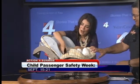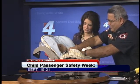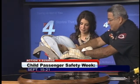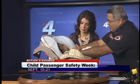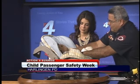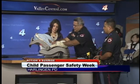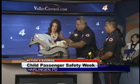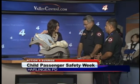Yeah. So then what do you do? You put the crotch clip in first, right here, and that way the straps are balanced and even from the sides as well. And then you're going to put the retainer clip in so you can't pinch the webbing. If you can pinch the webbing, then it's too loose, and you want it nice and snug. Even though the baby's small, you still want the baby snug in there so that there's no slop while the baby's moving. Even if the baby's crying and crying, this is crucial